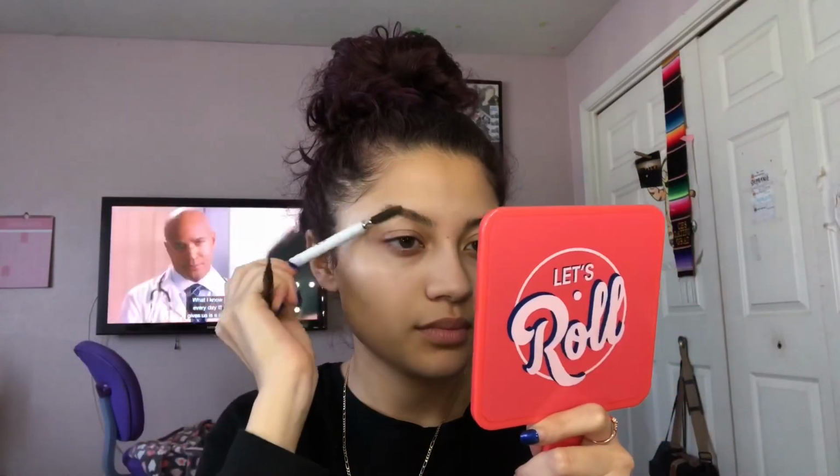The first thing I'm starting right now is putting on my primer. I'm using the No Poreblem primer from Touch and Soul. Just put that all over my face, rub it in everywhere, my cheeks, and then I start working on my